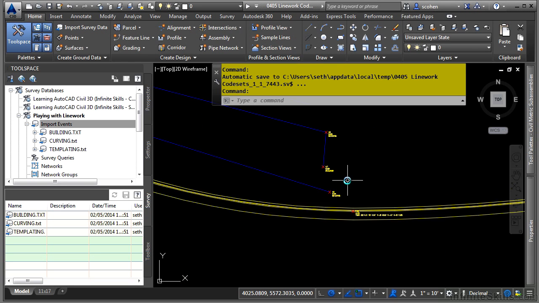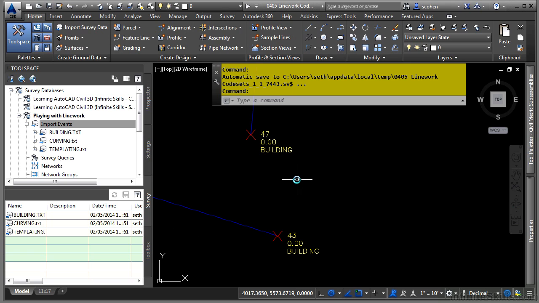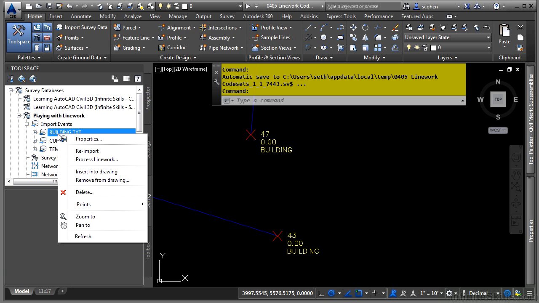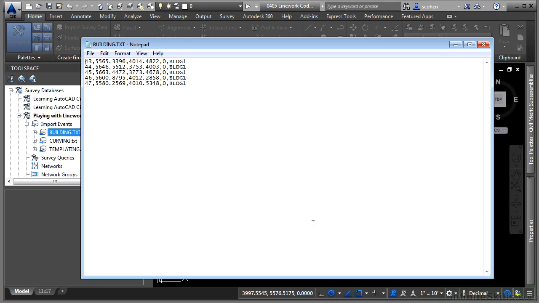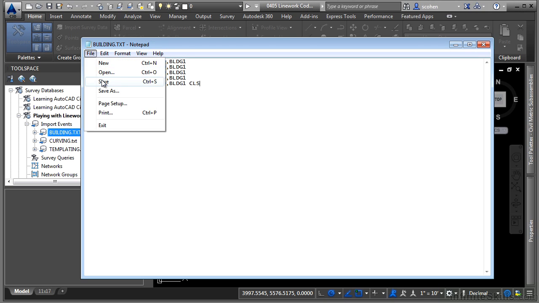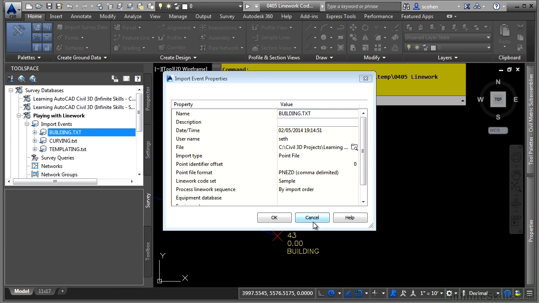Let's look at this one here. This is actually a building. However, it didn't close. So let's go ahead and actually open up this text file. To open the text file, right-click on building.txt and choose Properties. And go ahead and click on the Browse button right there. This will open this file in Notepad. And all we have to do at the end of the last code is type in CLS. It does require the surveyors to locate the points in the correct order, and that way it knows to go back to the beginning. We'll go ahead and save our file, close this out, cancel that,